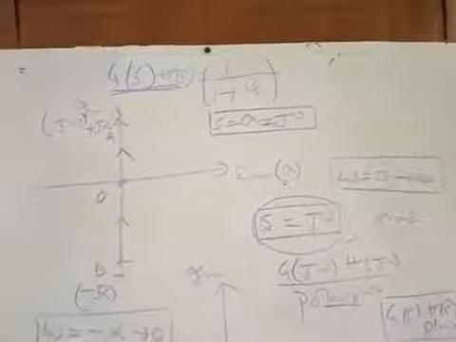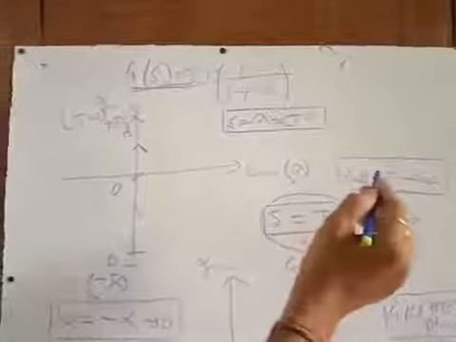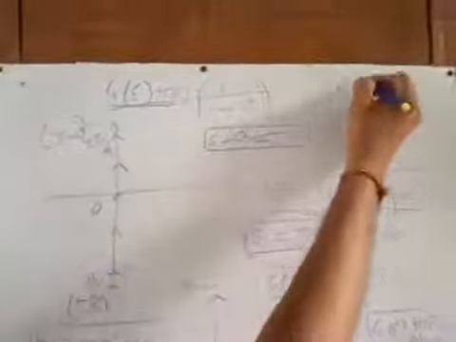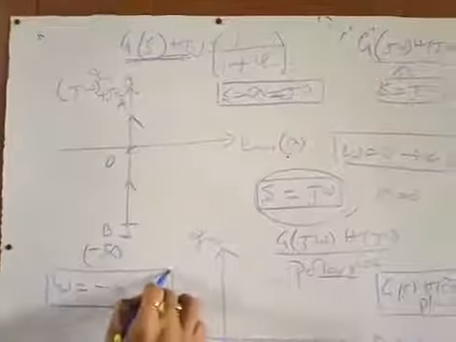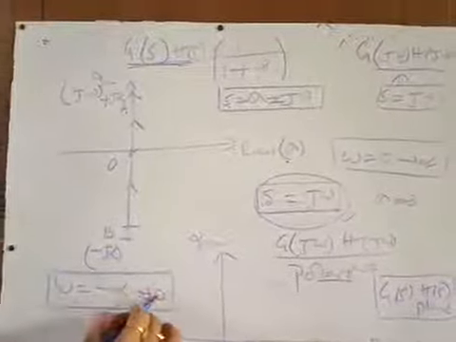In the previous classes we discussed the polar plot, how to get the polar plot corresponding to the change of frequency from 0 to infinity. In that case, what we have done is G(j omega)H(j omega), that means everywhere you have put S equal to j omega. Now in order to get the polar plot corresponding to the frequency omega equal to minus infinity to 0, you put S equal to minus j omega